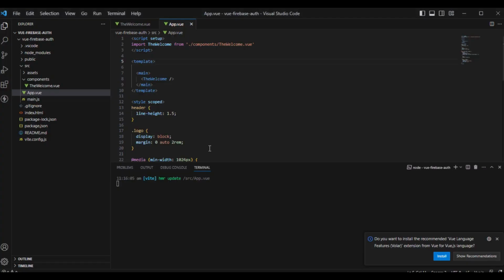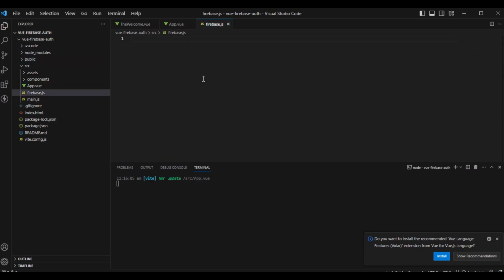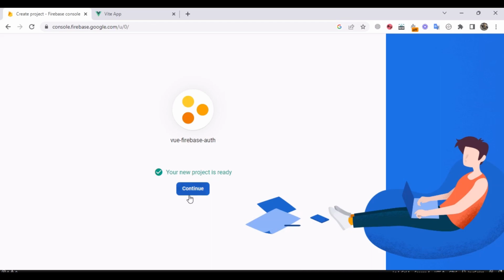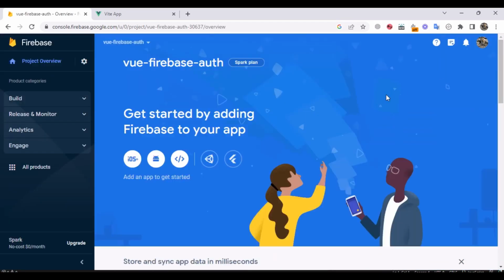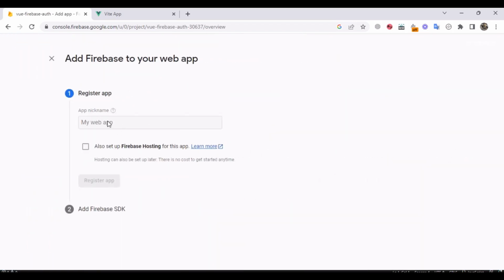And meanwhile, coming to our Vue project, and here inside this src, let's create a new file, let's close this, and let's create a new file firebase.js. And this file will contain all the Firebase configurations. So click on continue. Okay, so our project has been created, and now I will click on the web tab, and here we need